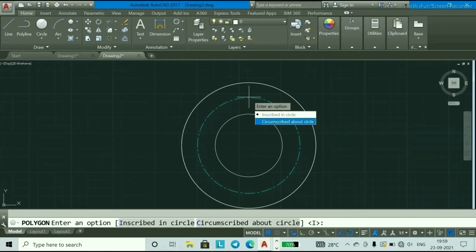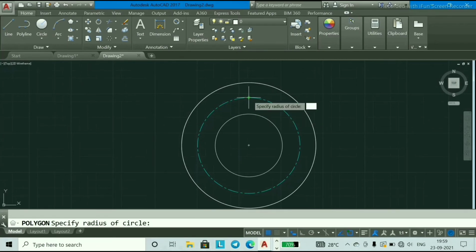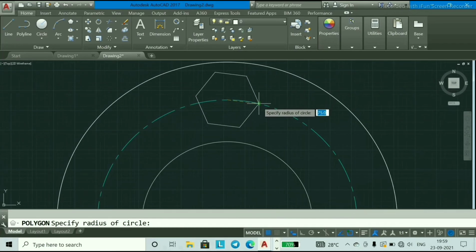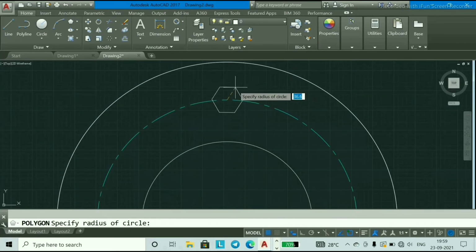So I will choose inscribed circle. As you see, we have created our hexagon like this. So dimension will be 64 mm on each side.